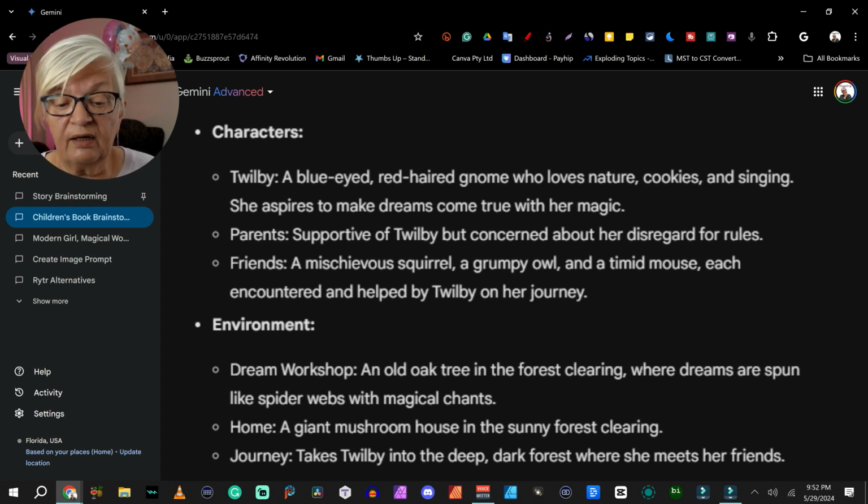Characters. Twilby, a blue-eyed, red-haired Noon who loves nature, cookies, and singing. She aspires to make dreams come true with her magic. Parents are supportive of Twilby but concerned about her disregard for rules. And friends: a mischievous squirrel, a grumpy owl, and a timid mouse, each encountered and helped by Twilby on her